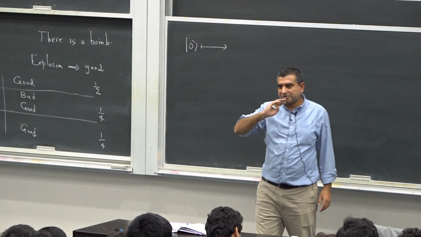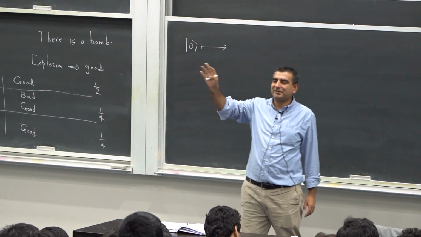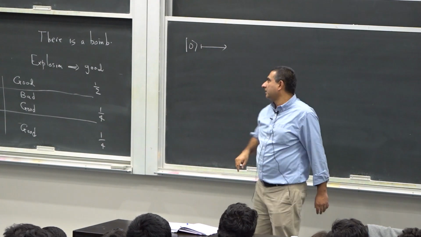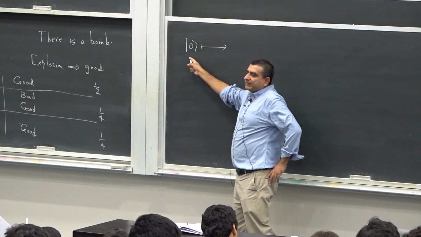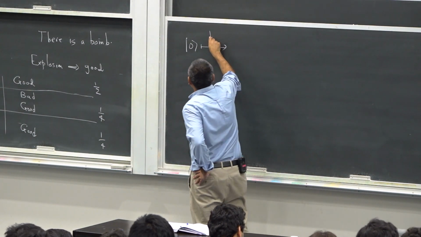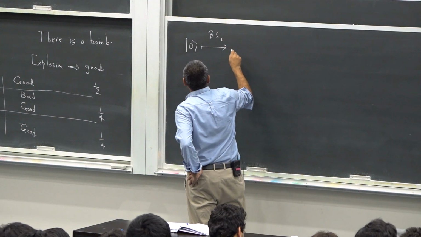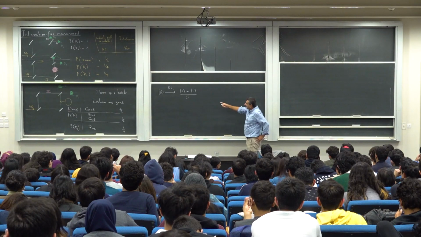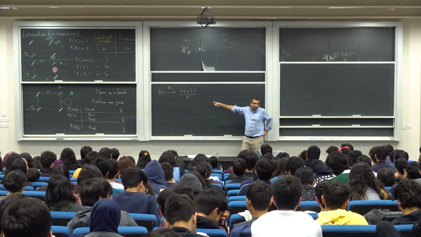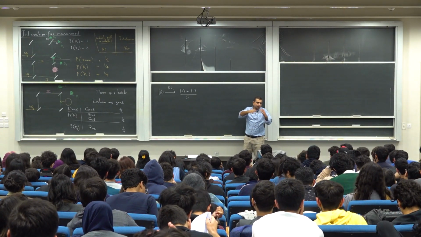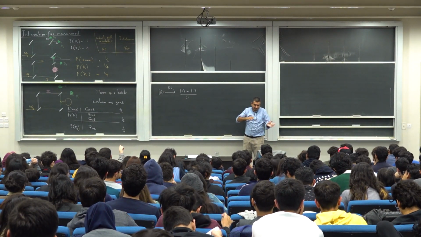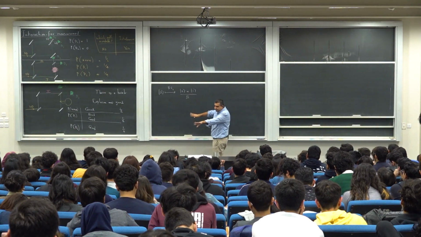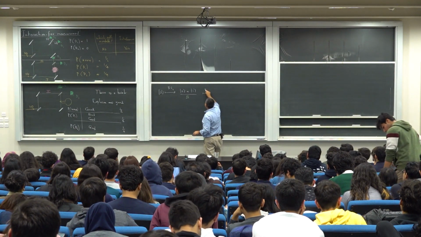Now, first of all, try to remove your fixation to the word interference in the nominal sense of the word. You start off with state ket 0. The first beam splitter, BS1 or B1, produces a superposition. Then the two mirrors just swap the ket 0 and the ket 1, they just change their direction. So ket 0 becomes ket 1 becomes ket 0, and that's it. So I'm just going to leave out that step. What the second beam splitter does,